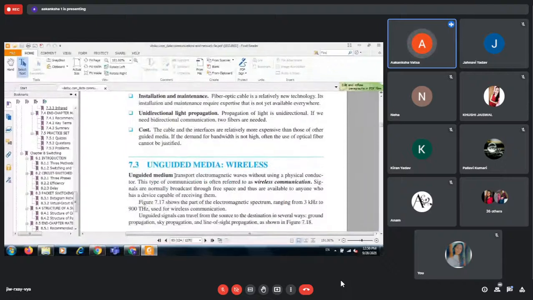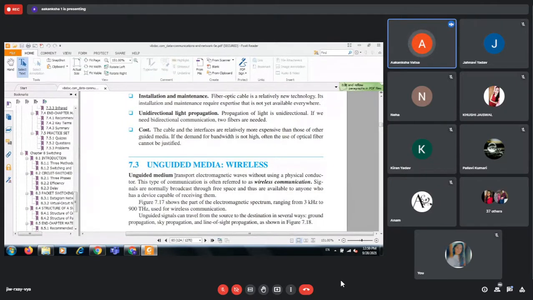Then we have unguided media. We discussed transmission media. In the last class, we discussed there are two types of transmission media: one is guided transmission media, another one is unguided transmission media. So far, we have discussed the guided transmission media, which is divided into three parts: twisted pair, coaxial cable, and optical fiber. That's done. Now, unguided transmission media, or you can say wireless transmission media, does not have a set path,